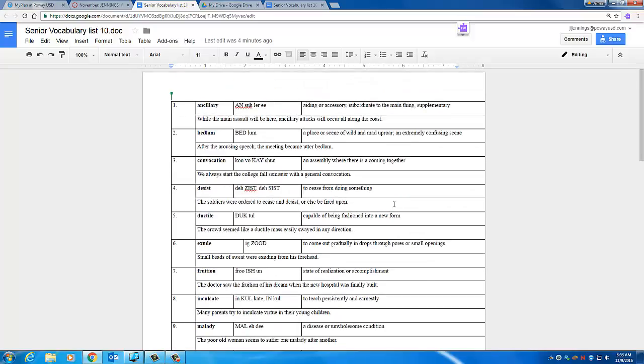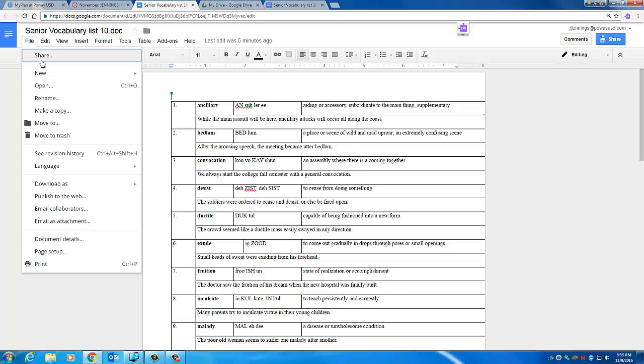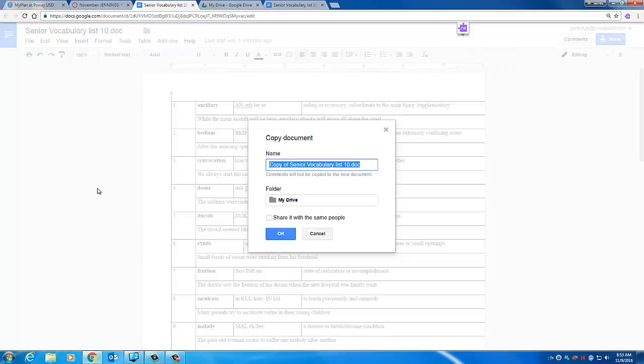So if we were giving them an assignment that we wanted them to alter, answer some questions, or to annotate, the next step is from students, once they've opened up this Google Doc, if they come over to File and they drop down to Make a Copy, they now have a copy of this that they can share. They can rename it if they feel the need to do so. But once they make this copy,